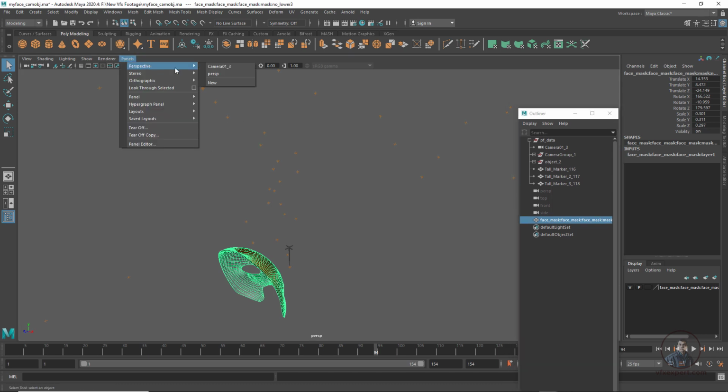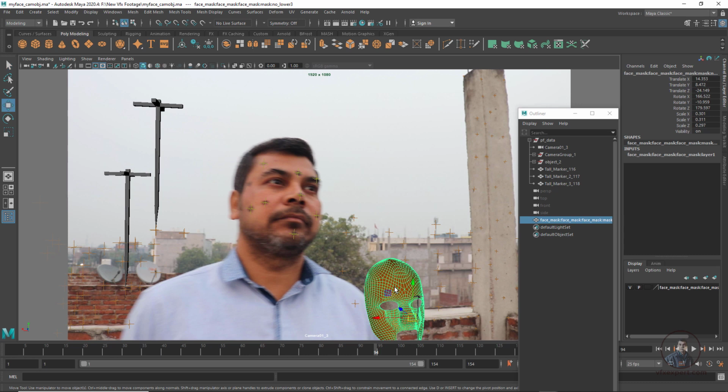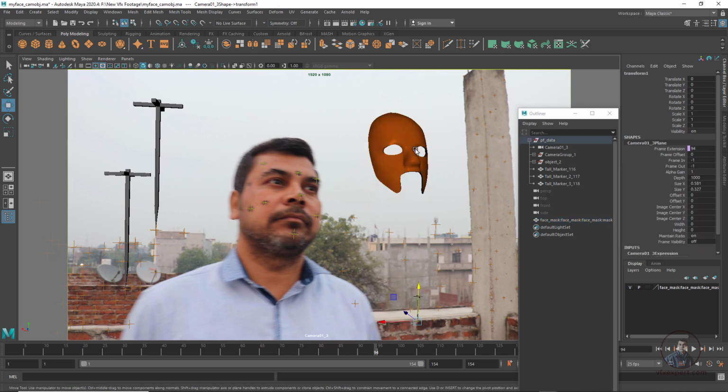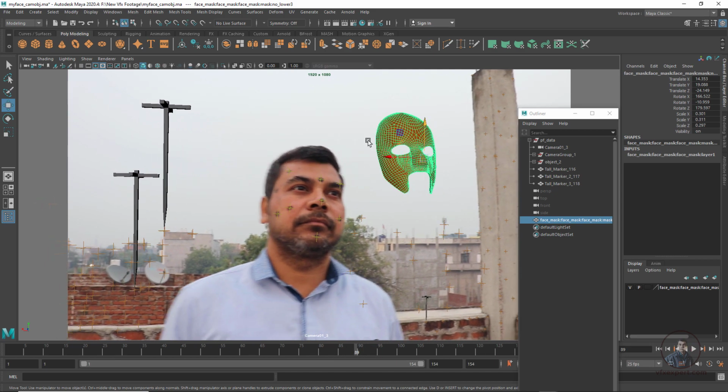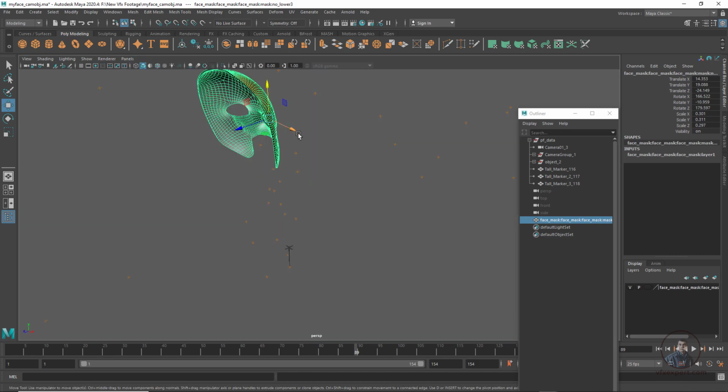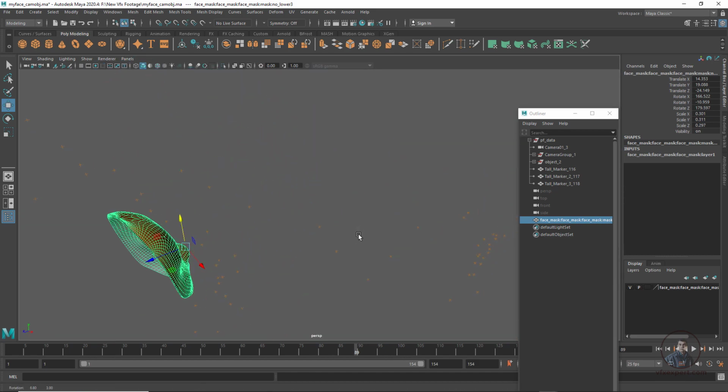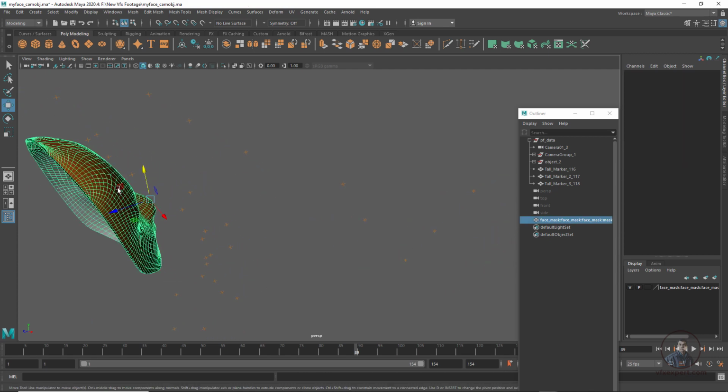So again come here in this camera view, then press W. I want to place this face on top of my face, which is moving here. First, we have to set this mask anchor point. I have placed this nose here, remember this one. Just snap your object anchor point on top of this nose. Here I have already snapped this one.